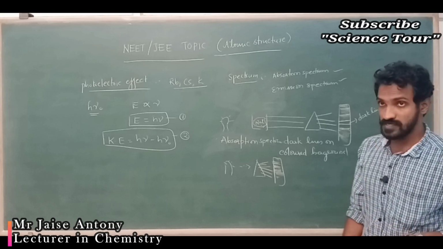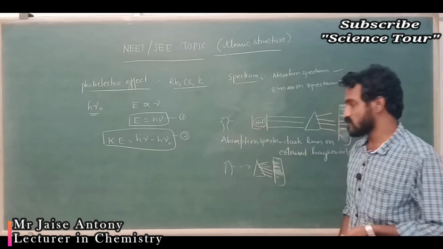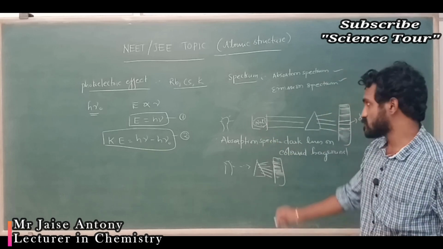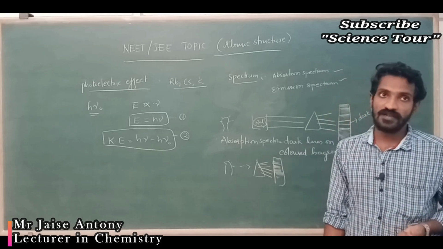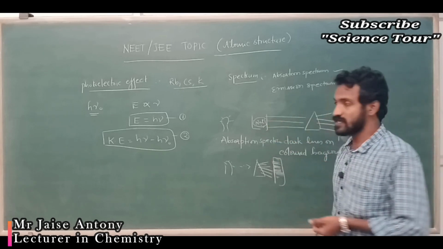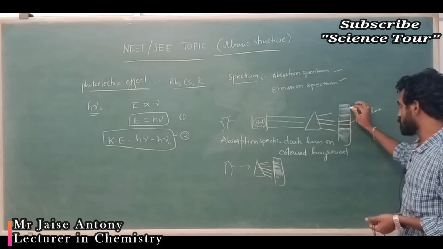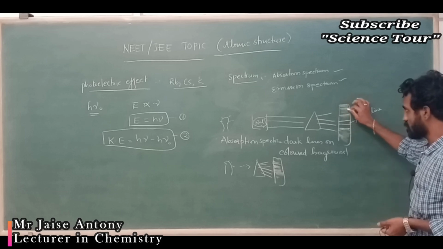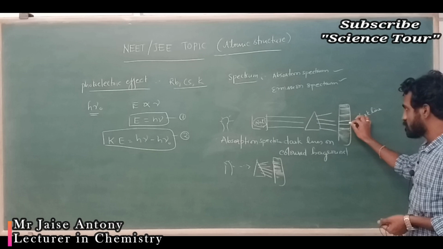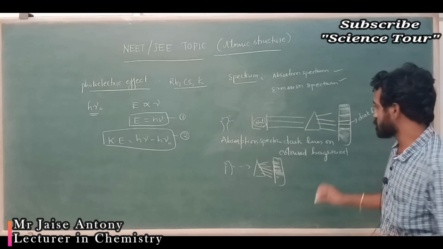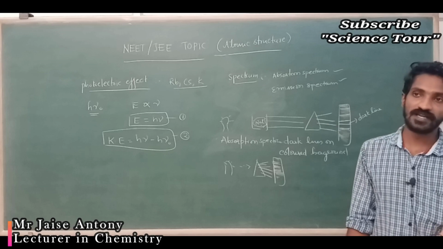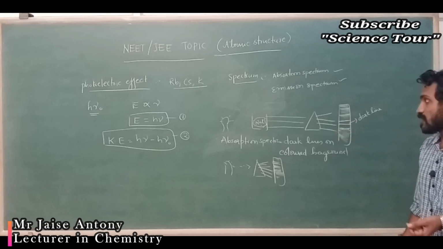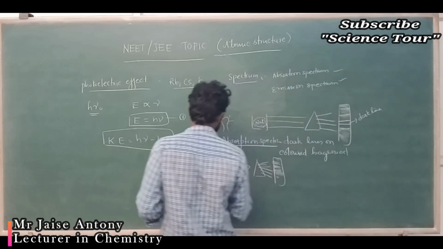In an absorption spectrum, when white light passes through a sodium chloride solution, a few colors get absorbed by the sodium chloride solution and the remaining colors get transmitted. Yellow color will get absorbed by the sodium chloride, the remaining color will get transmitted to the prism, and the color pattern is arranged. Understood? Here in the colored pattern, different colors, violet, blue, yellow, are there, but which color is absorbed? For example, yellow color is absorbed. At that place only dark lines you can see. So a dark line on a colored background is called an absorption spectrum. What is the emission spectrum?